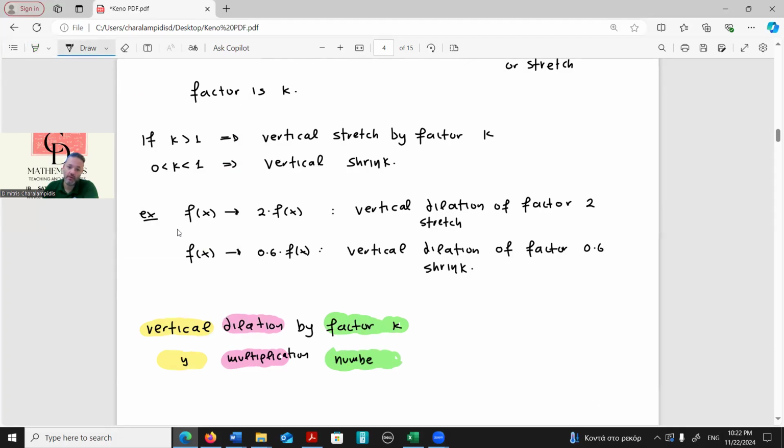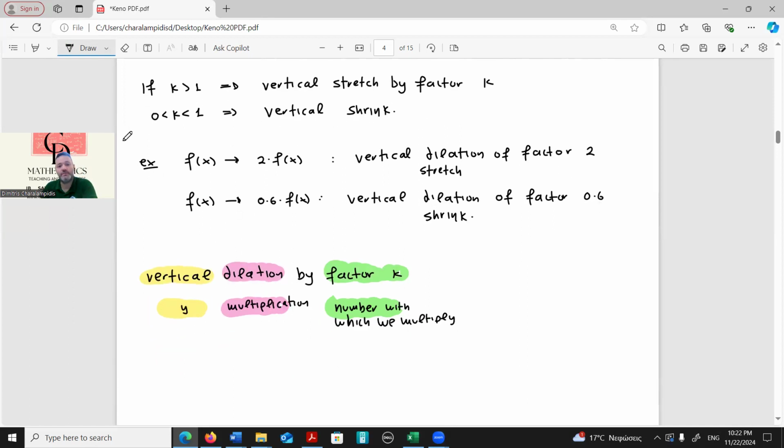So this means that when we refer to a vertical dilation of factor k, practically speaking, we mean the same thing as